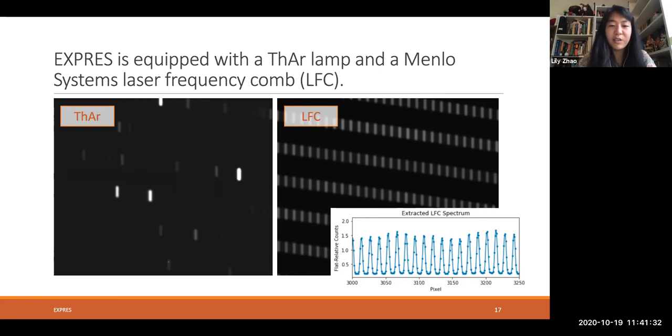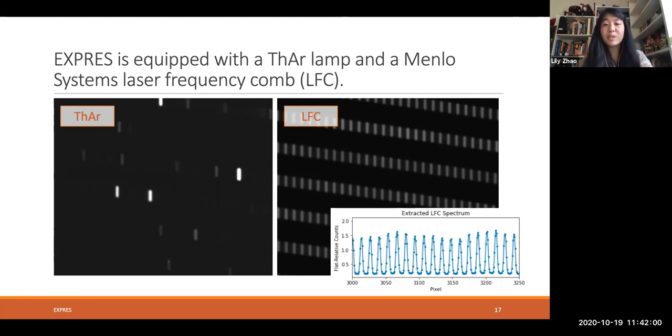Another benefit of the laser frequency comb is the calibration light from the laser frequency comb goes from the instrument to our spectrograph, right to our detector into our extraction pipeline. And so what we can do is we can take a series of laser frequency comb exposures right after each other, and then measure the shift between consecutive LFC exposures, which will give us a sense of how stable our instrument, and just our instrument, is doing.